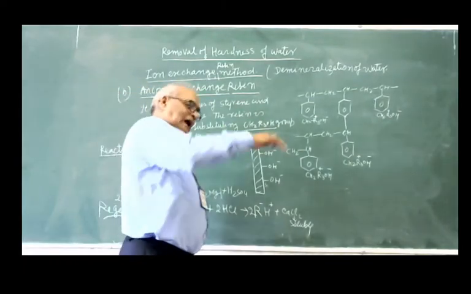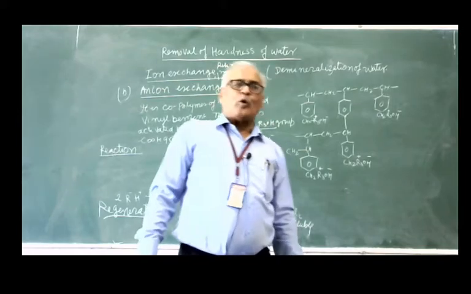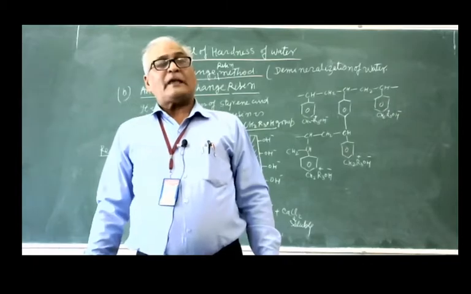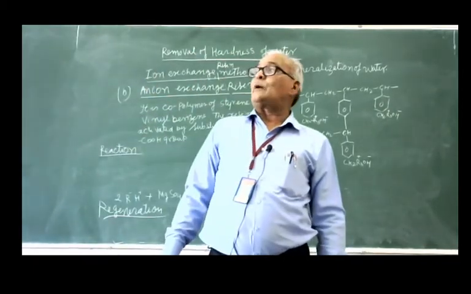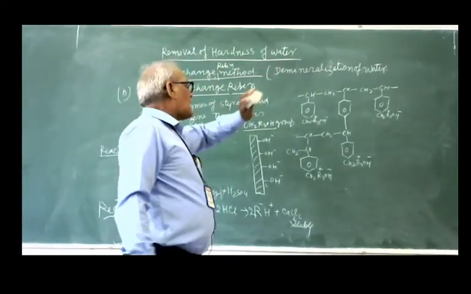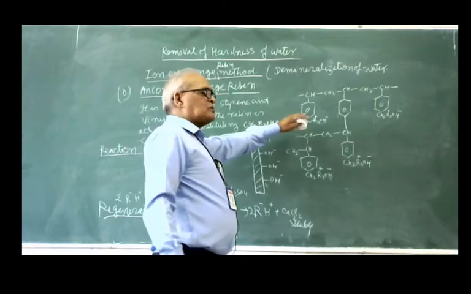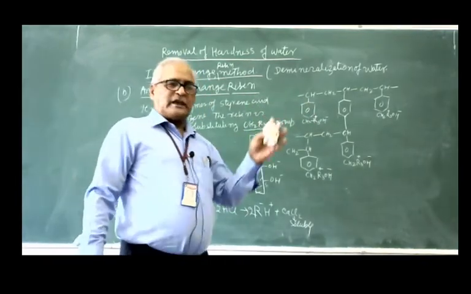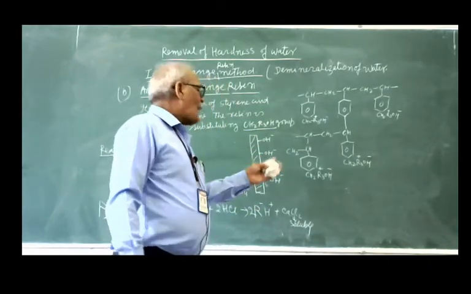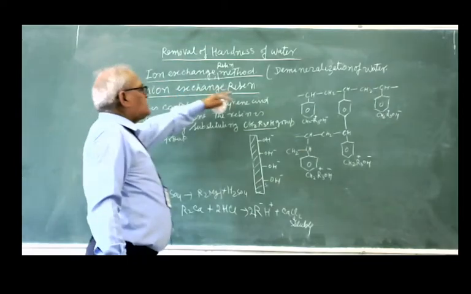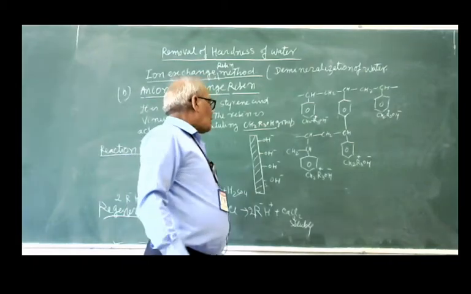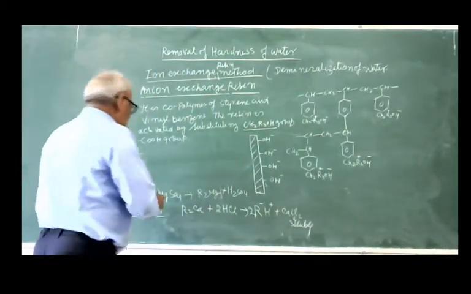And in the cation exchange resin, SO3H, that was the acidic group. SO3H was a strong acidic group, while COOH was a weak acid group. So in the case of cation exchange resin, we substituted SO3H by sulfonation, while in preparing anion exchange resin, we substitute the alkaline group. So, what reaction takes place?